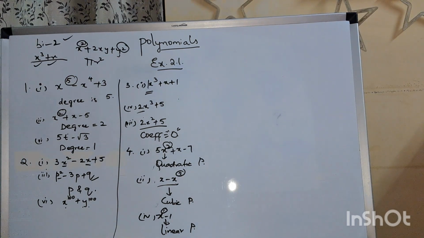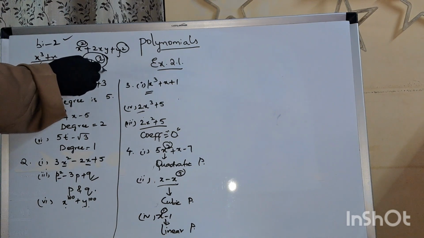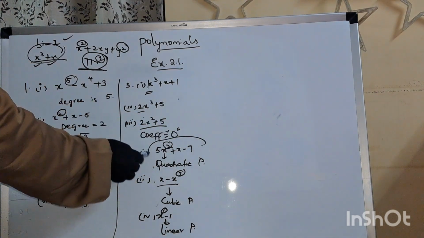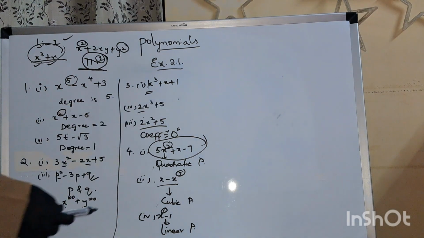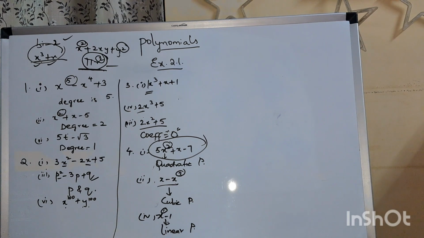Yes, it is a monomial because it is having only one term, right? It is having degree 2, but still only one term is there. That's why we call it a monomial. You need to understand the difference between binomial and quadratic equation. Binomial means the expression which is having 2 terms. Trinomial means the expression which is having 3 terms, right? Monomial means the expression which is having one term, right? And a quadratic equation means the equation which is of degree 2. So this is the first exercise.